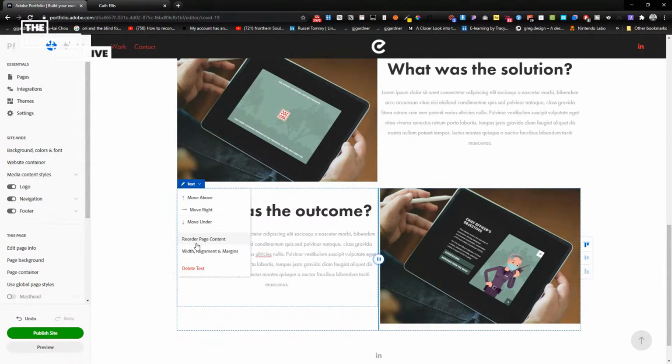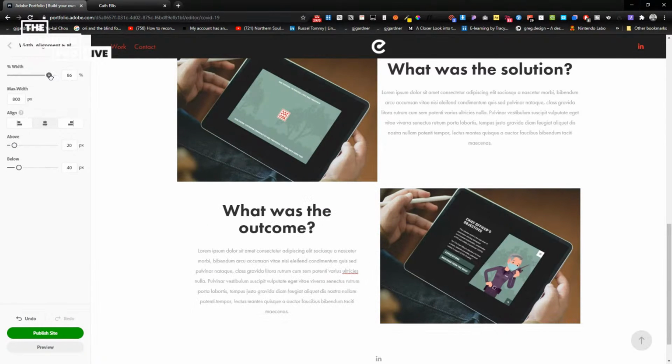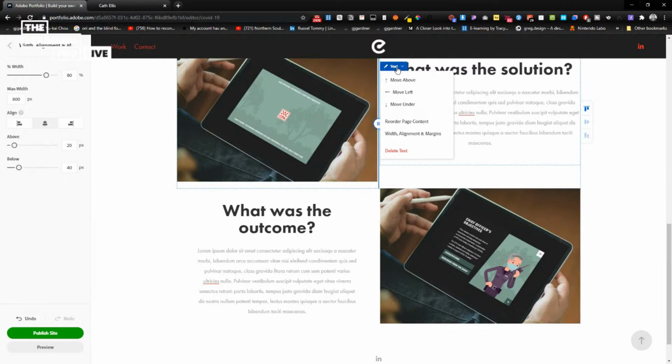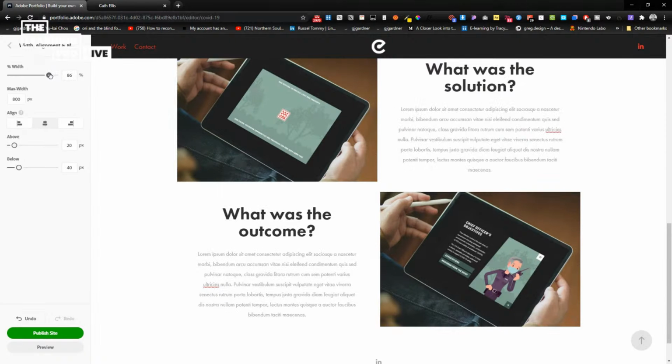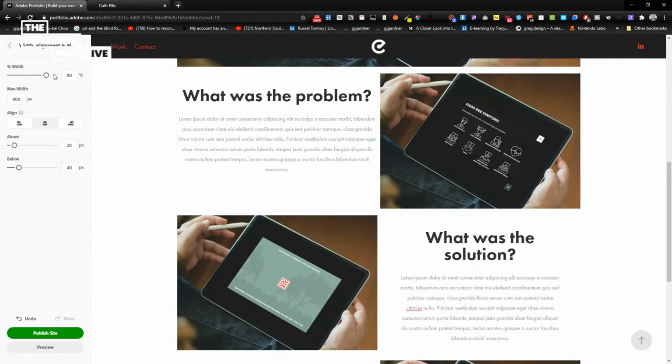I'd like to just play around a little bit with the margin. I like this a bit better. All I'm doing is clicking in here and playing a bit with the width. It's actually really intuitive, guys. And this one,